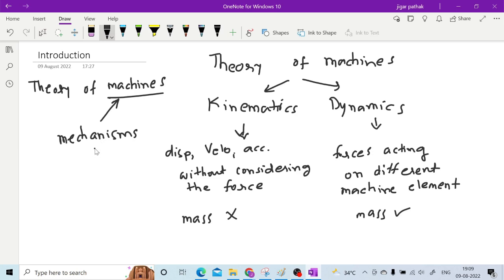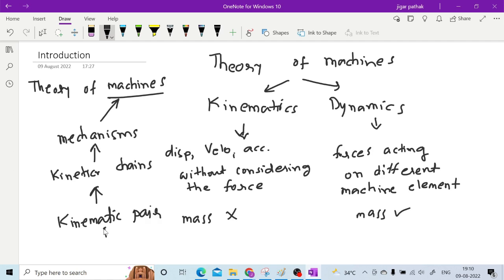You must have mechanism, and mechanism can be achieved through kinematic chains. So kinematic chains will help you in building this mechanism. When you fix any one of the links of this kinematic chain, then you can have mechanism. We will see definitions of all this in detail, but for your information only I am writing this hierarchy. And for kinematic chain, you must have kinematic pairs,